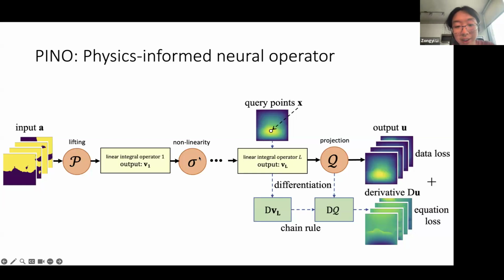So we just write out all the exact derivatives in Fourier space and use the chain rule to compose it with the nonlinearity and all the projection layers. By doing that, we get the exact derivatives in an efficient manner. And we're not just evaluating one point at a time, but we're evaluating the analytic series of all the points on the space by taking Fourier derivatives.